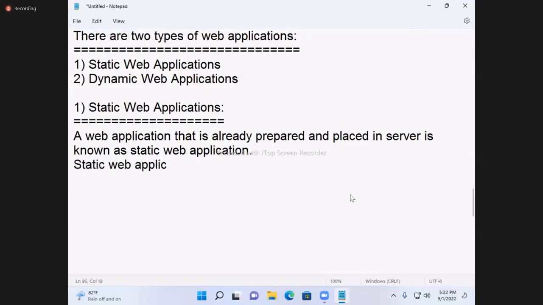Next, static web applications are common to all users.